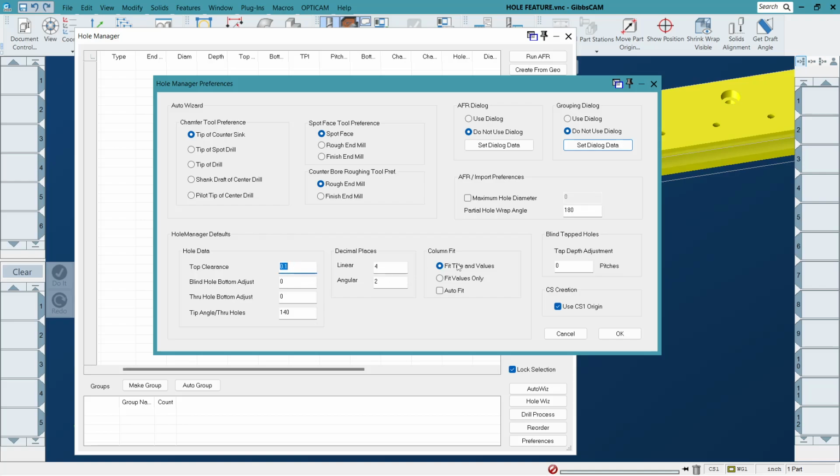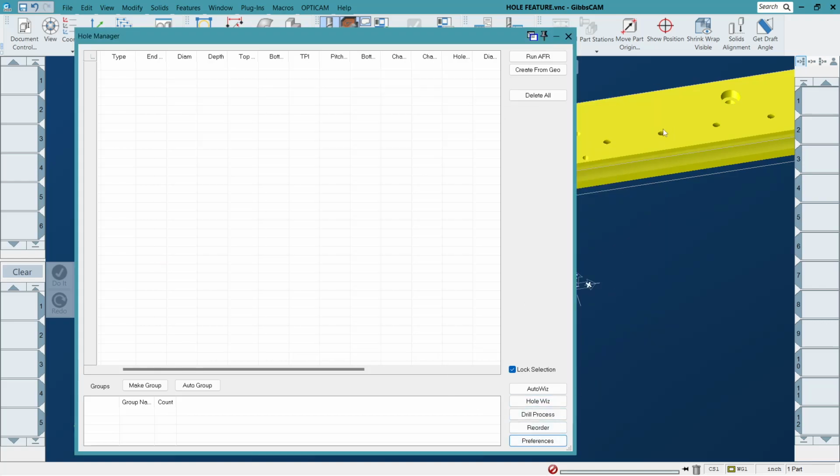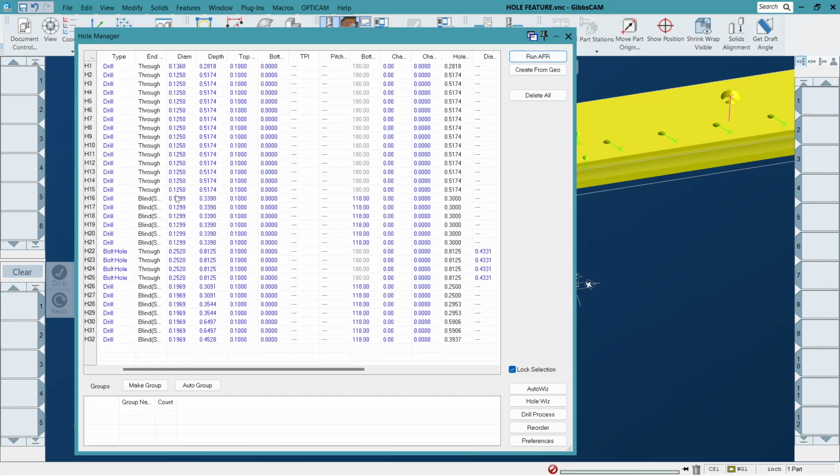the distance from the top of your part, from the top of the hole, to wherever you want it to be. Hope you understand. Okay, after that, you just run AFR and it will list all the holes in here, and then you can see